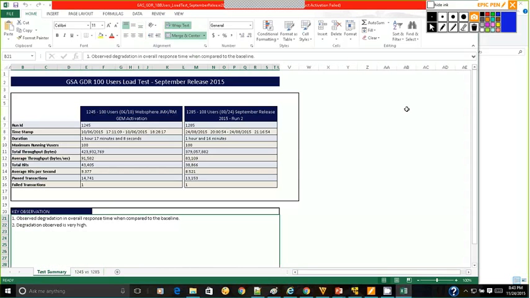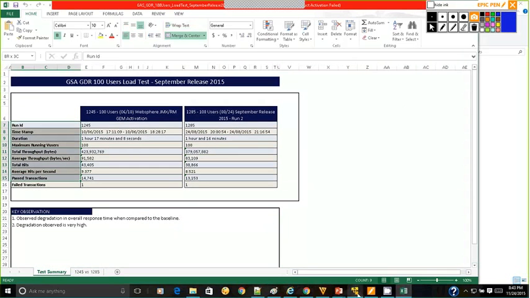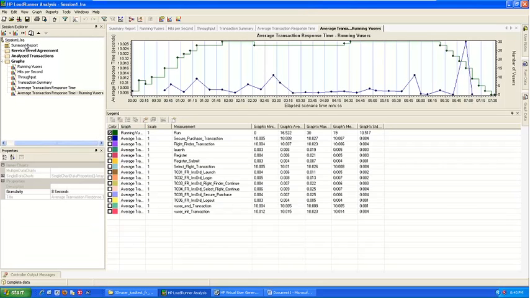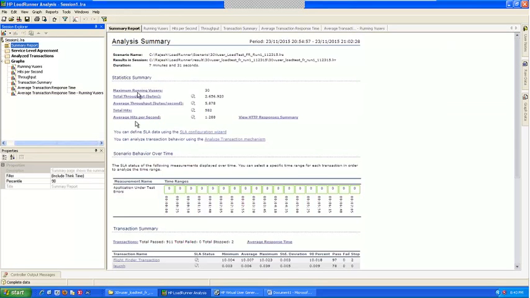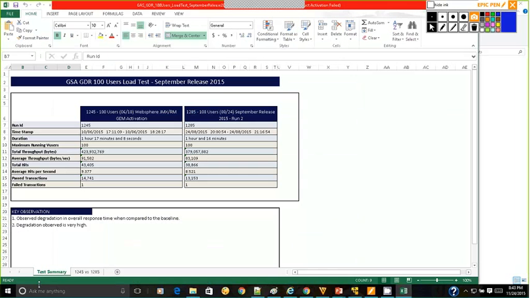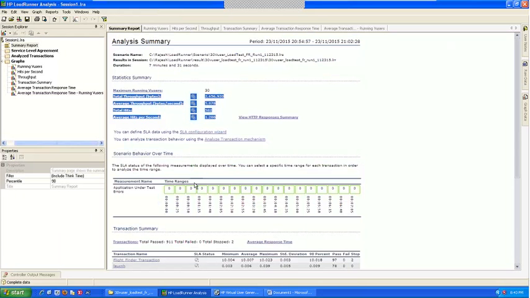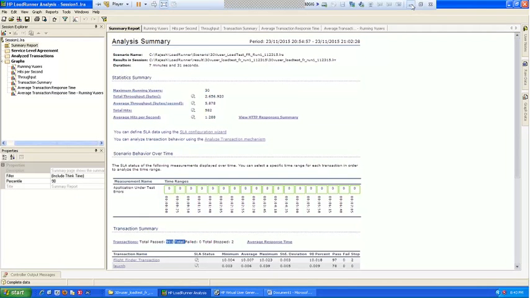So you will put this information, you get it from here. This information, we put it in the test summary page, total pass transactions, all those things. Where did I get the total pass transactions? I got it here. Those things we put here.